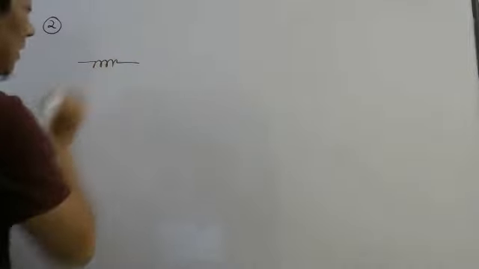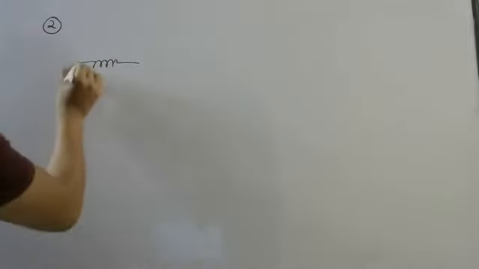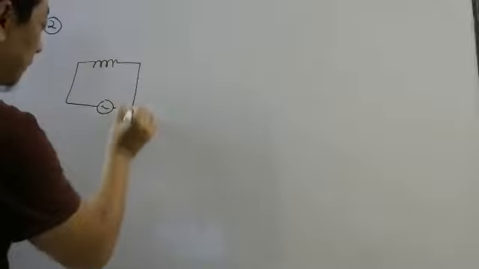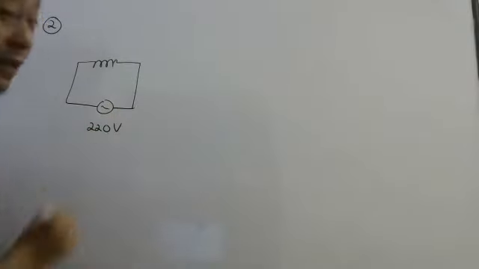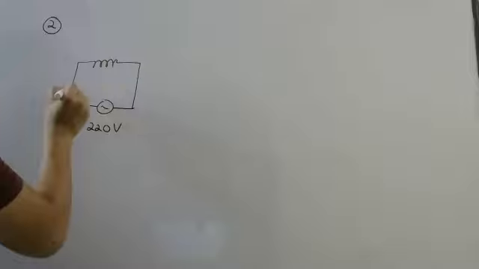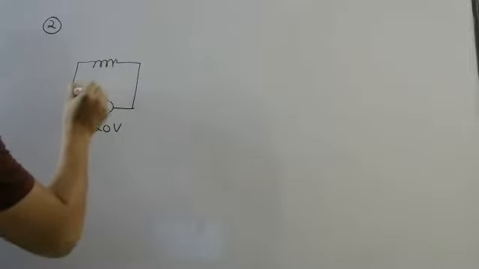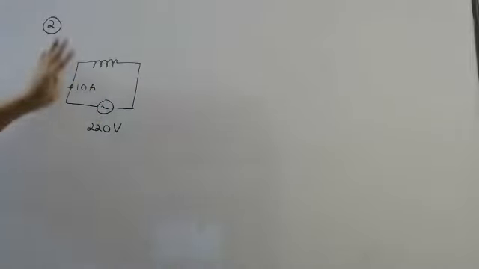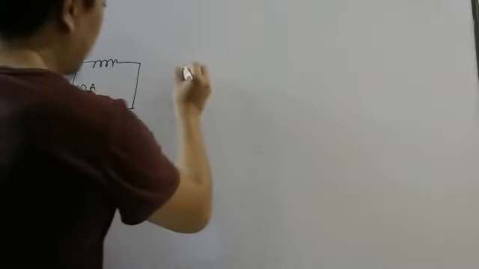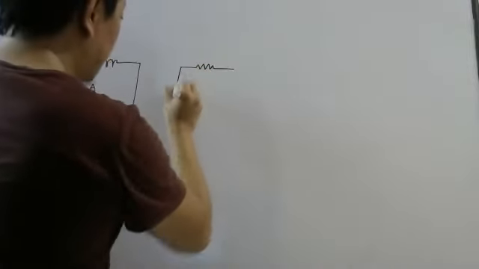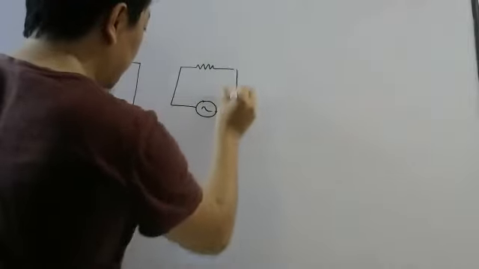Okay. The second kind of problem is again very simple, but not a standard problem like we did the first two. So what they will tell you is like this, listen carefully. They will tell you there is an inductor, and when an AC source of 220 volt is applied, a current of 10 ampere flows. Okay, so this information is given. And they will tell when the resistor is connected to the same source.